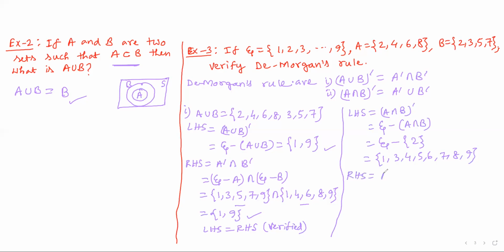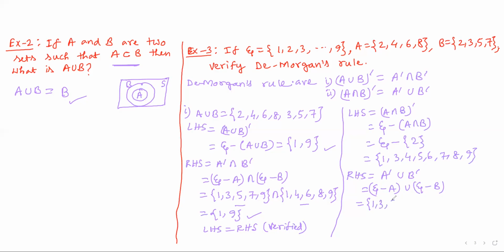Right hand side portion is A complement union B complement. A complement means, according to the definition of complement, this will be xi minus A. Union B complement means this will be xi minus B. Now xi minus A means from the universal set you have to remove A set part, that is 2, 4, 6, 8 will be removed. Then remaining part 1,